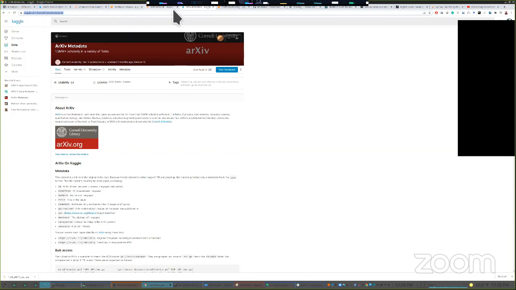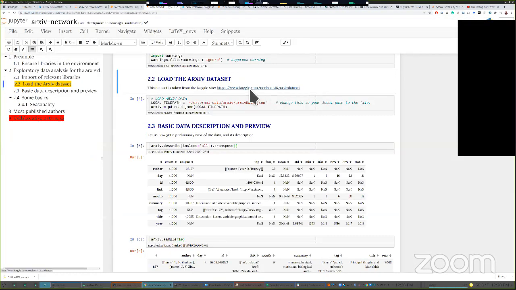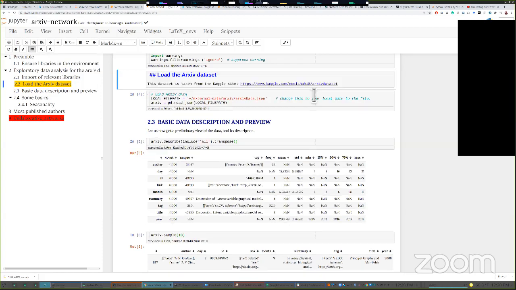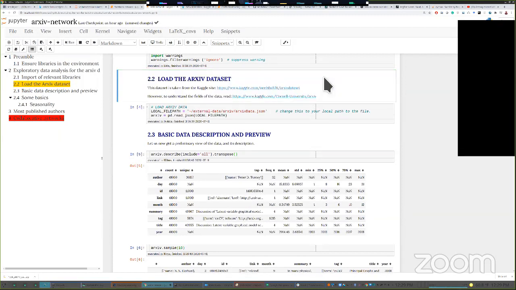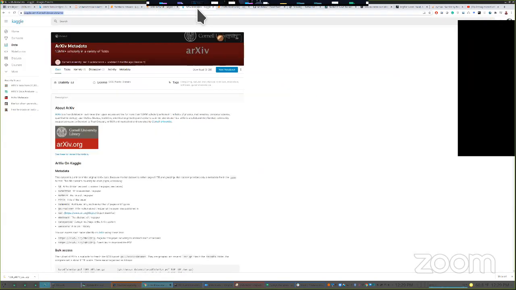Let me add it to this to understand this data is taken from Cato. How to understand the fields. So if you go here, you can see the descriptions there.